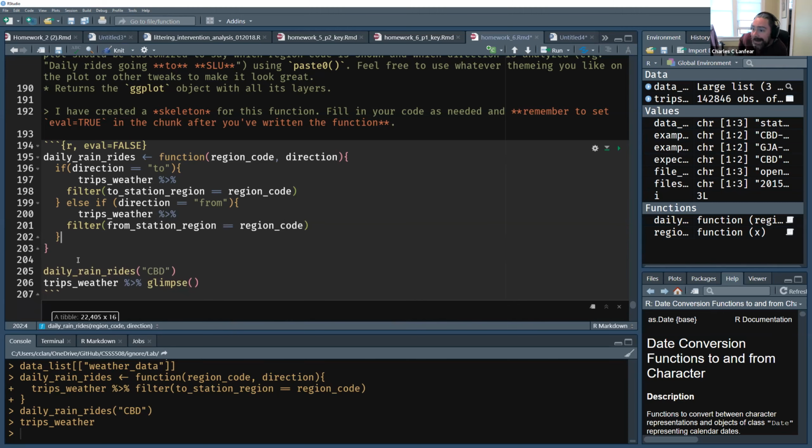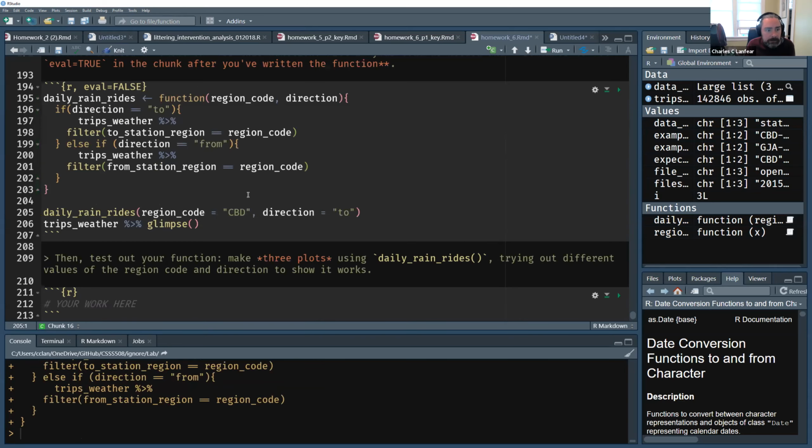When you can't figure out an elegant solution to a problem, and it really just seems like you need to run two completely different lines of code depending on something, do that. Write both lines of code, but have them select which one it activates. So the basic idea with this function is now I have to provide a direction. I'm going to say direction equals to, and make it clear that I'm doing region code equals CBD. If I run this function and then do daily rain ride CBD direction 2,